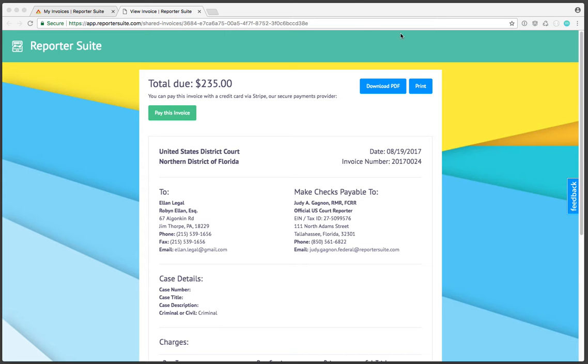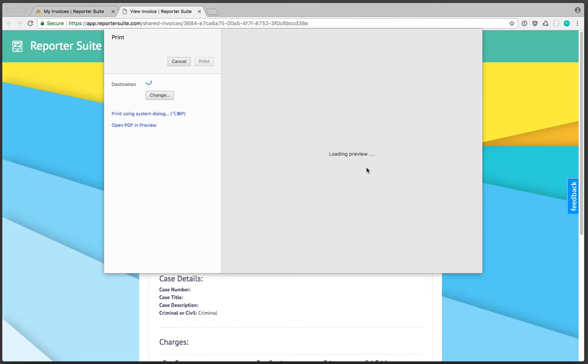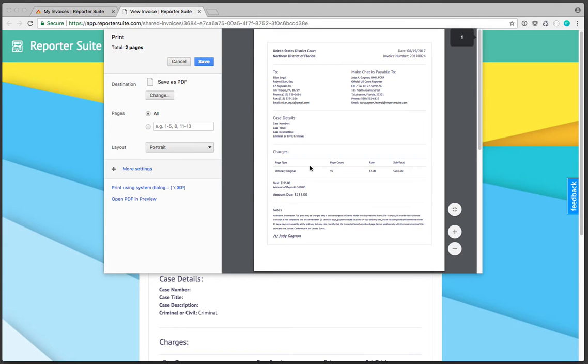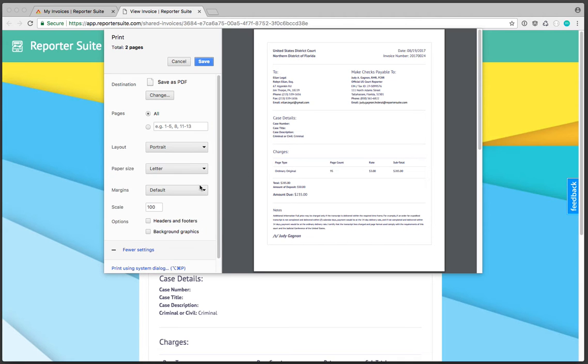If I were to go ahead and click the print icon, you'll see that we'll get our preview. Right within this print dialog box, I can select the layout and the pages. In this case, it's a single invoice on a single page. But what's important to note is if I click on More Settings, you'll notice this option for headers and